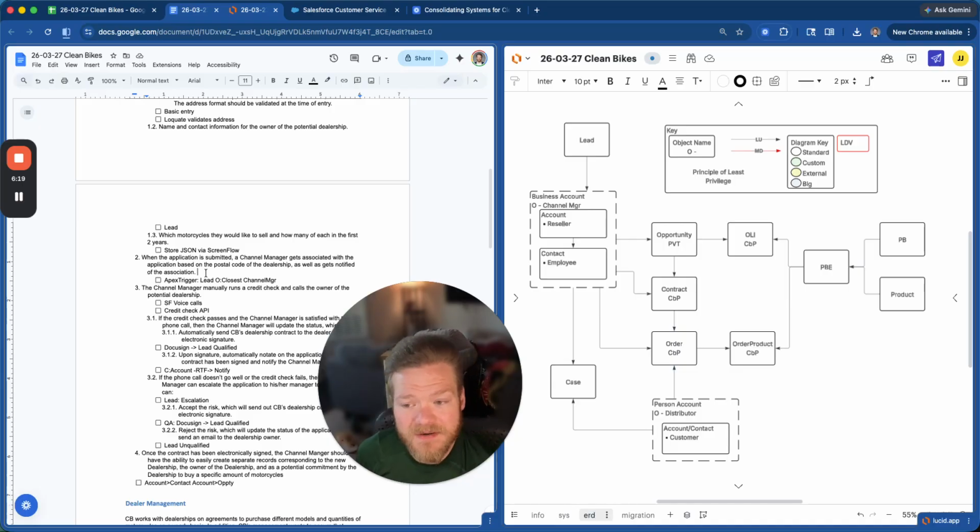When the application, the lead record in my case, is submitted, the channel manager will be associated with the lead record, or own the lead record essentially. This will be triggered by an Apex trigger, so the lead will be created. This will be on a create Apex trigger automation that will then calculate the closest channel manager based on geolocation. That will be calculated simultaneously from Locate, which returns a geolocation for the validated address, and then also compares it to the channel managers that are within the system, and then calculates the closest and assigns that person